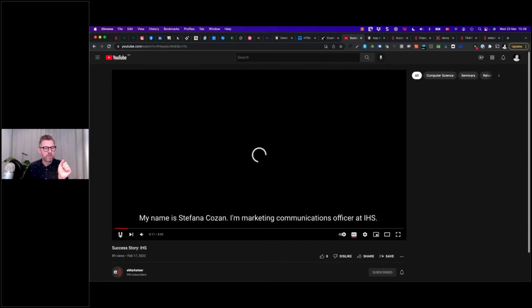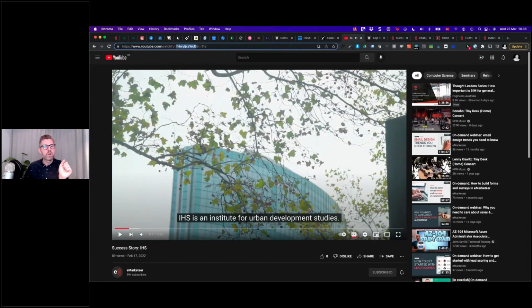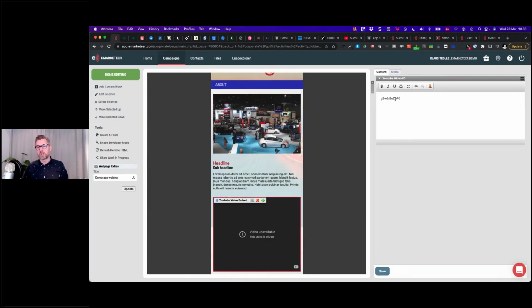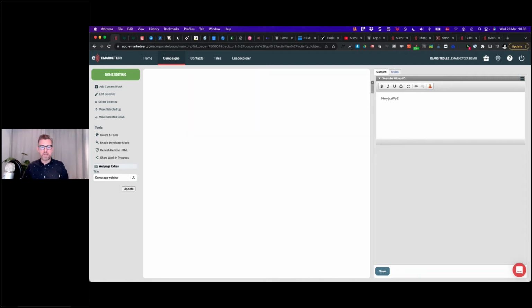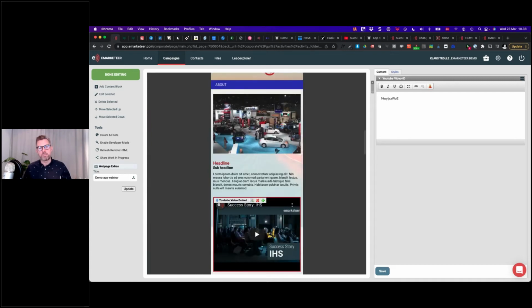Right, so here we are. I'm just going to pause that. And then I'm just going to grab the video ID, which is that little piece here of the URL. Just copy that and simply paste that into the YouTube video embed block here. Paste the video ID, save, and now the video will be embedded into the app, and it will actually play